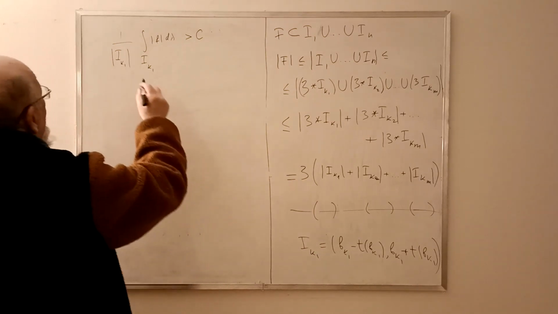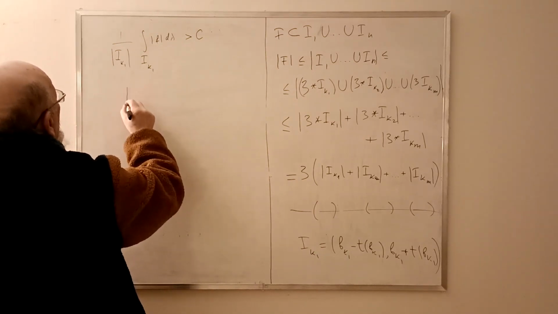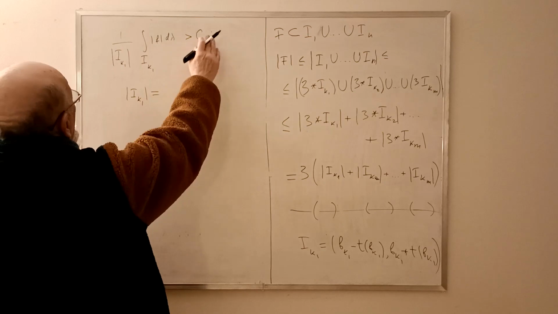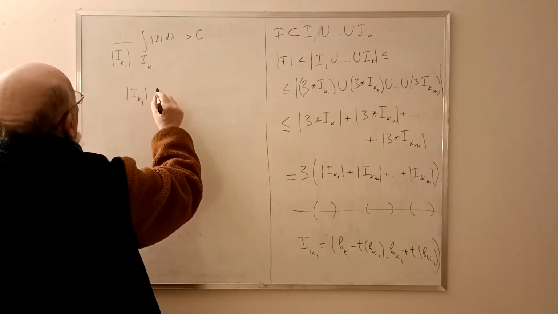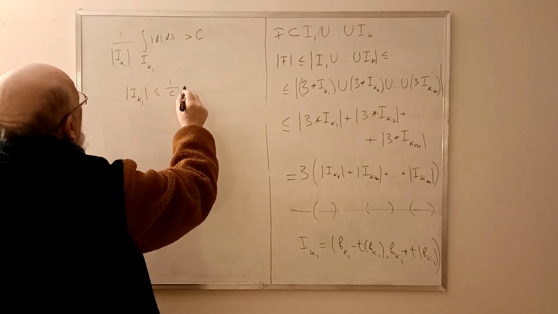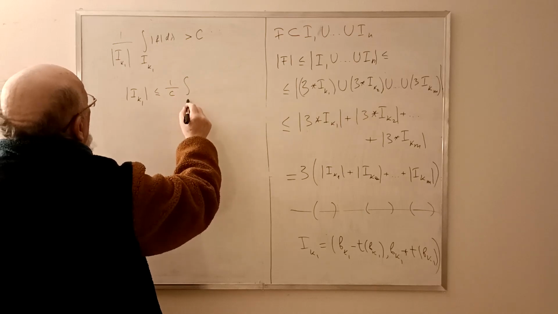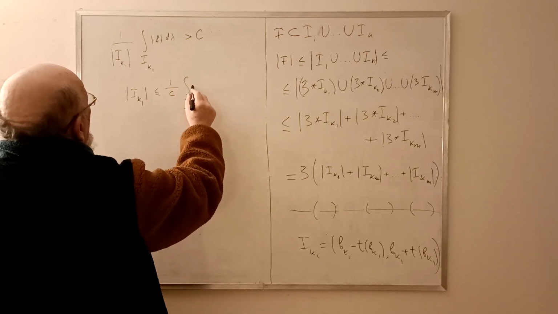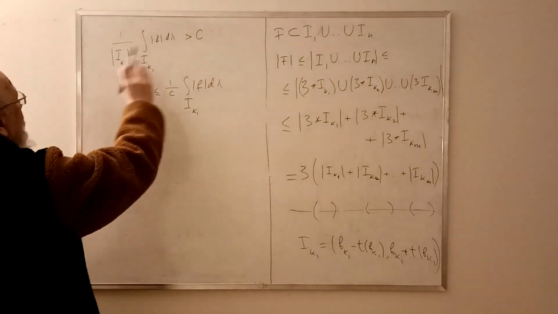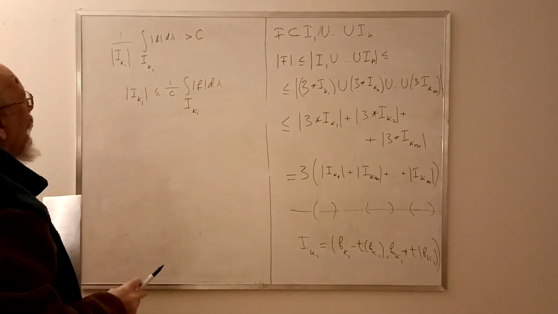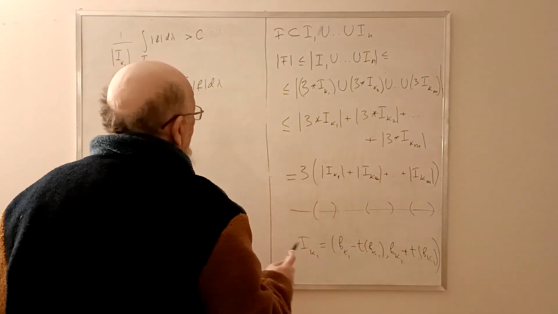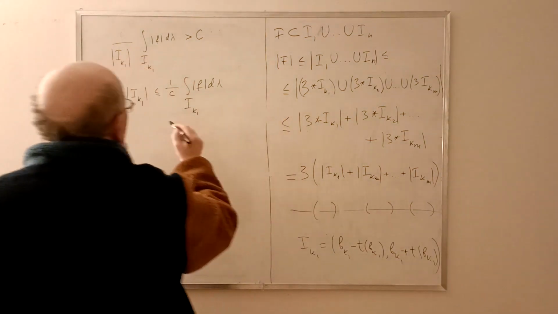this, and so this means that modulus I_k1 is less or equal 1 over c times integral over I_k1 modulus f d lambda. Yes, I move it here and c is here. And so now if I substitute here, we have